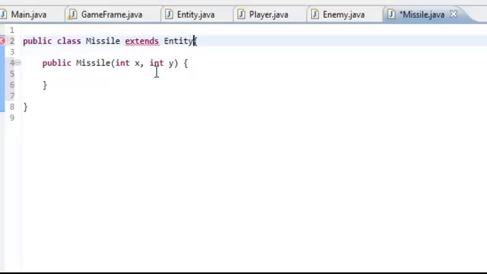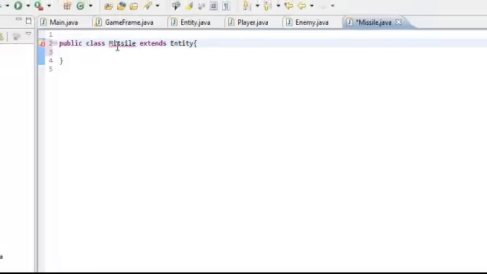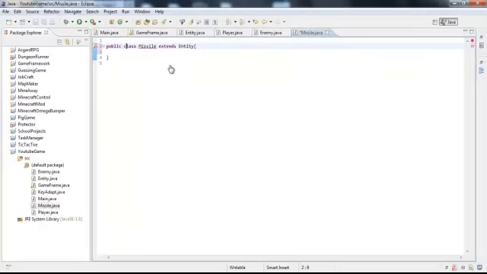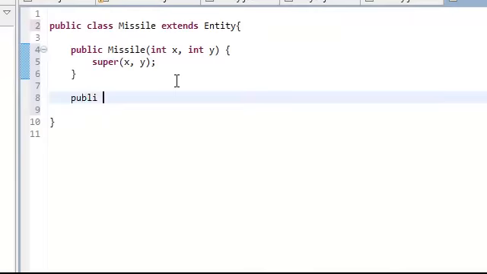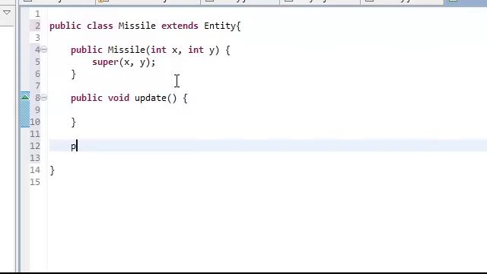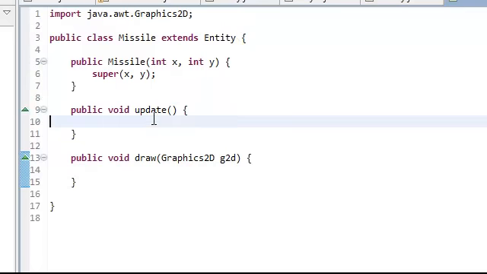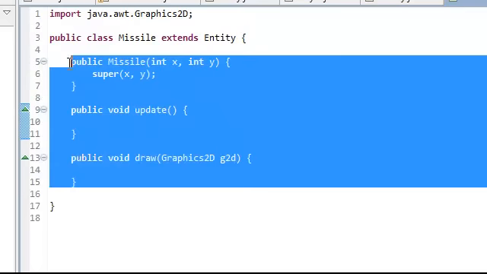I'm just gonna destroy it. Get rid of that. My bad. And then you should have that right there. Then do public void draw or update first. Doesn't really matter. That's how I like it. Public void draw(Graphics2D g2d), and that's like the typical three methods that you need for anything that moves